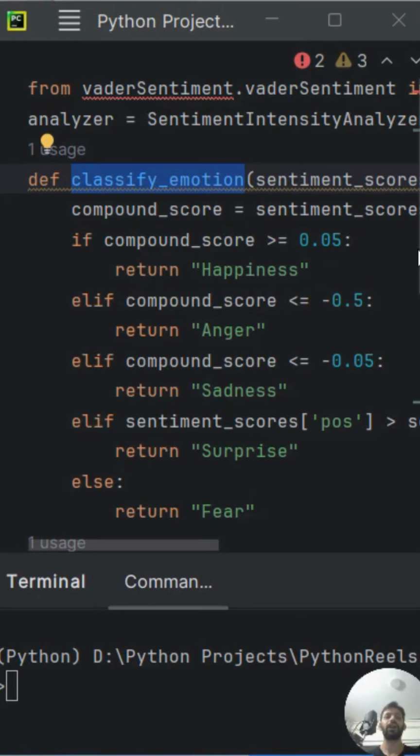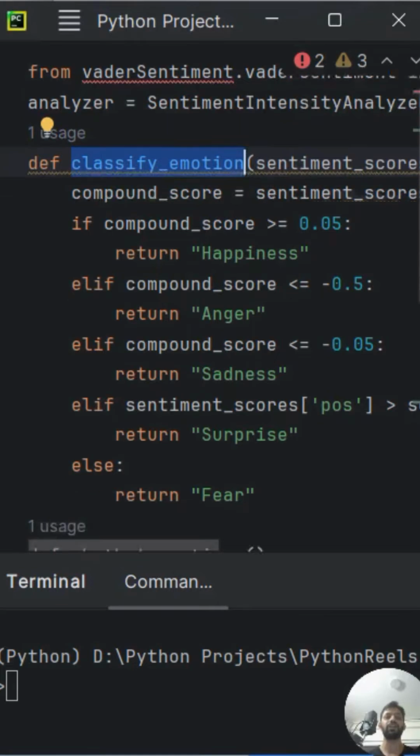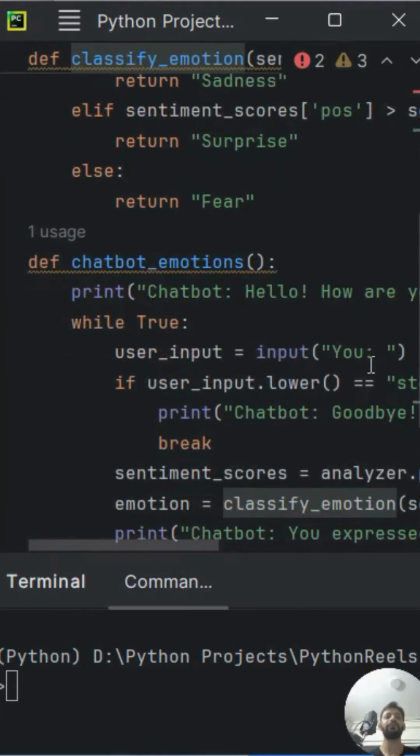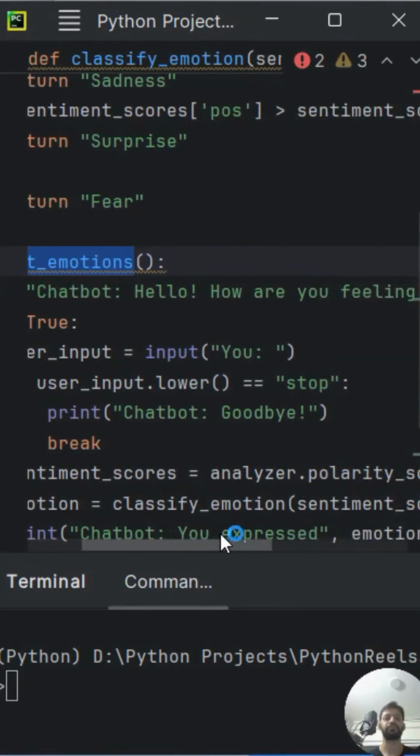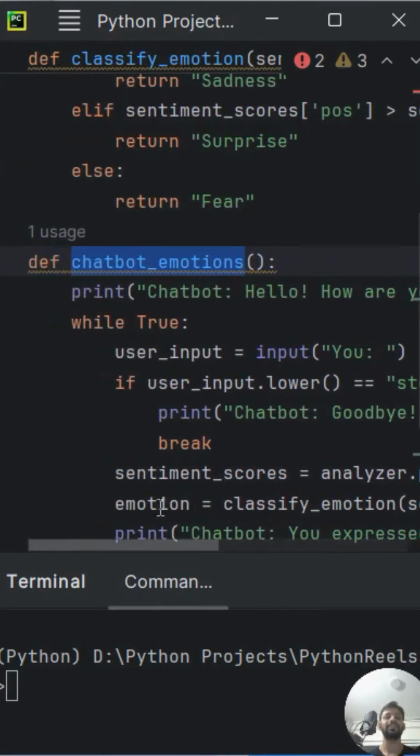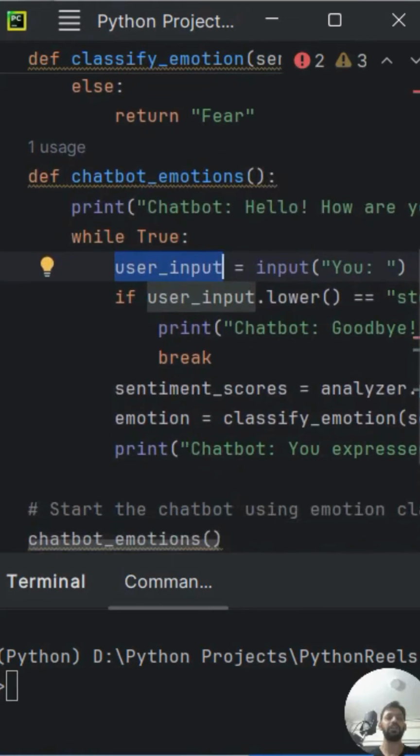So now comes the point of how we are taking the user input. We have defined a function called chatbot_emotions, which is nothing but a basic while loop which is running until the user types stop. And this user input is then given to the